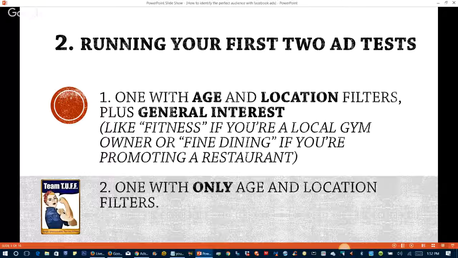So you move the location a little bit, maybe narrow it by zip code, maybe narrow it by state, maybe add a different country. If you're a worldwide organization, maybe remove the United States and add Australia or somebody like that. And then you're going to run those ads at the same time for a minimum of 2 days, so 48 hours.